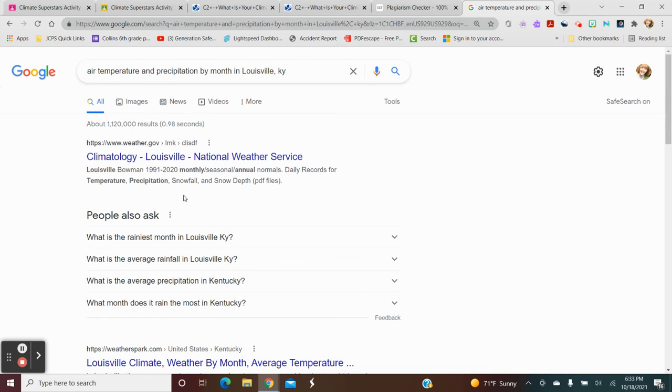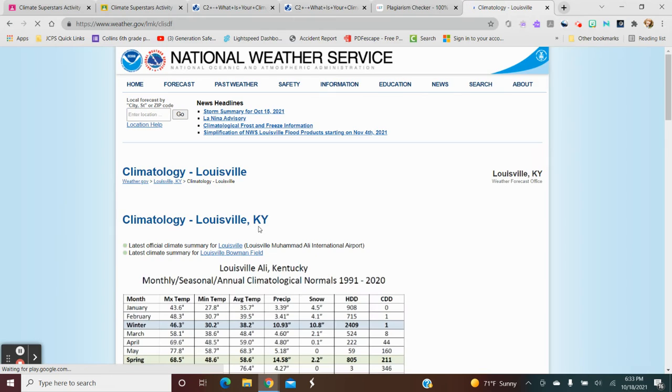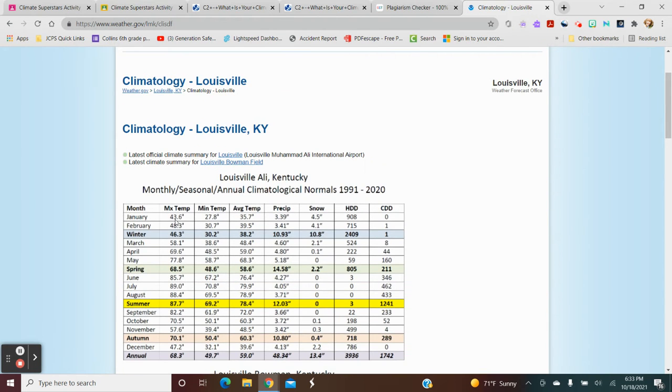And when I do that, then I see climatology, which somebody cited that source from the National Weather Service. Daily records of temperature and precipitation, snowfall, snow depth, and PDF files. And so when I click on that, looky here, I have kind of the same thing. I have the maximum temperature, the minimum temperature, the average temperature, the precipitation, the amount of snow, no snow in